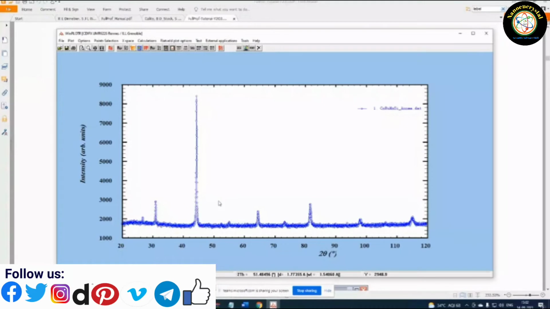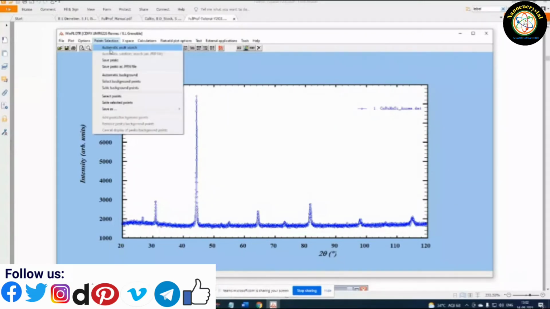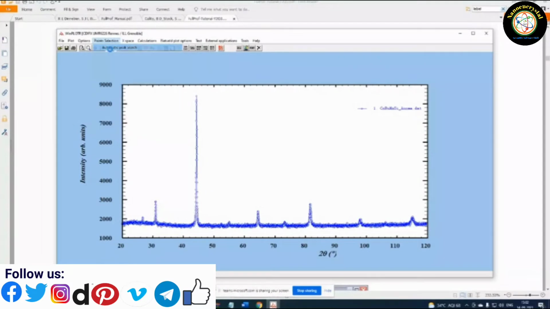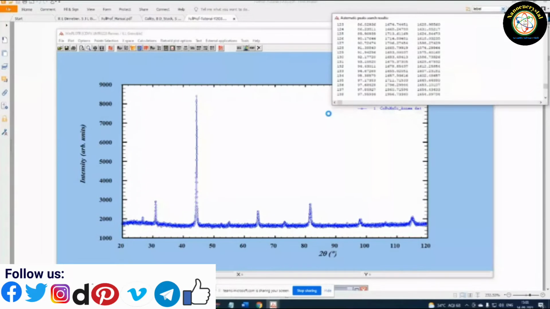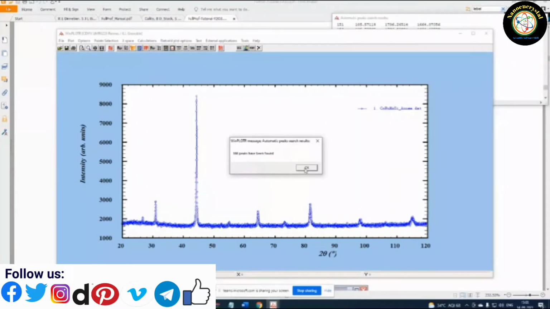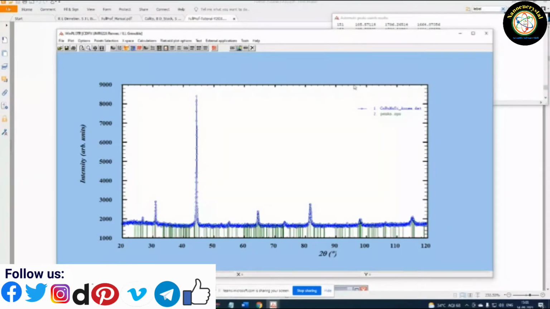So I'm selecting the automatic peak search. You can visualize it here. You click on that auto peak, and remember this radiation is copper K alpha radiation. So you select the second option and try for selection. It is generating too many peaks. This is not good, so you repeat the process again